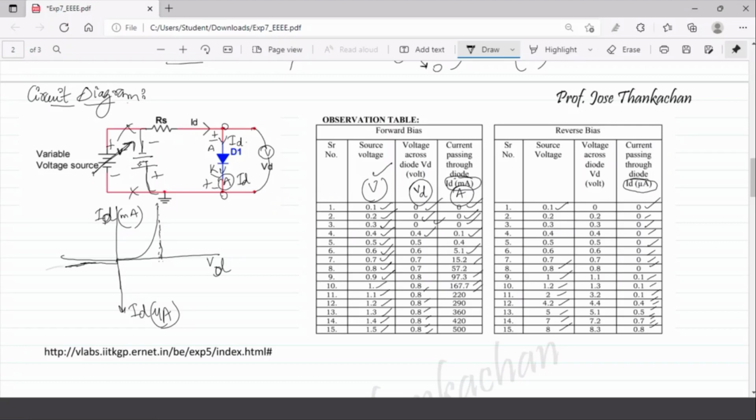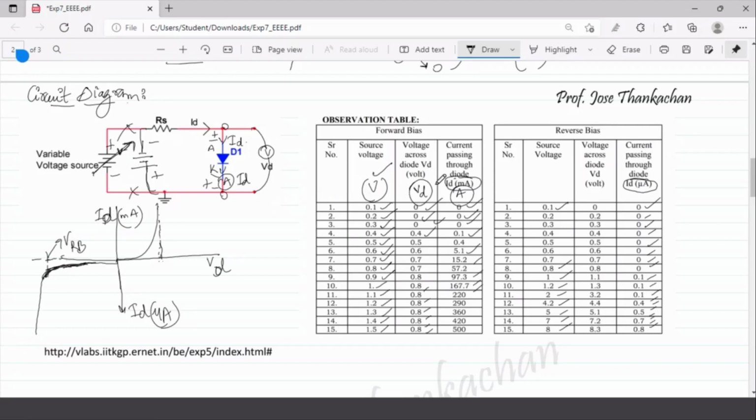What will happen? The diode will actually go into reverse breakdown. So it will undergo reverse breakdown at a certain reverse bias voltage. If we keep on increasing that voltage, the diode will lose its property once it has gone into the reverse breakdown condition. So we can say this point is the reverse breakdown voltage point.